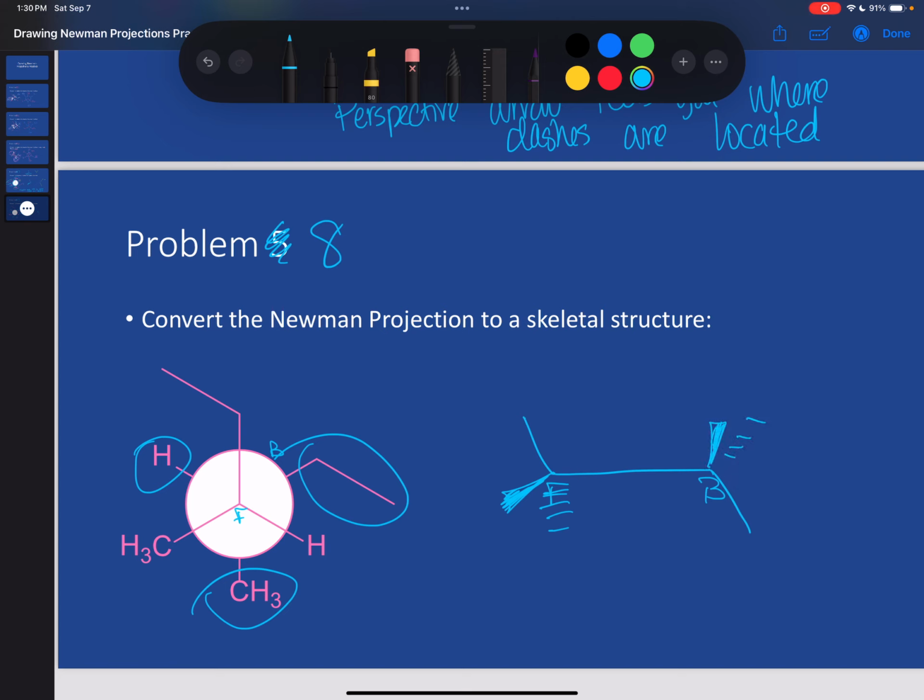Okay. So I have my template, so now I'm going to fill in my substituents. And again, because I have decided this carbon is my front carbon, that means I'm looking down this perspective. So the easiest thing is, what is pointing straight up on my Newman? Well, that's going to be an ethyl group. So I can just add my extra carbon for the ethyl. Now, because the perspective arrow tells me where my dashes are,